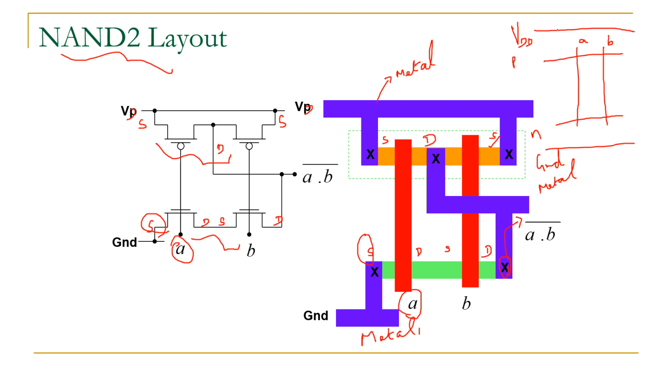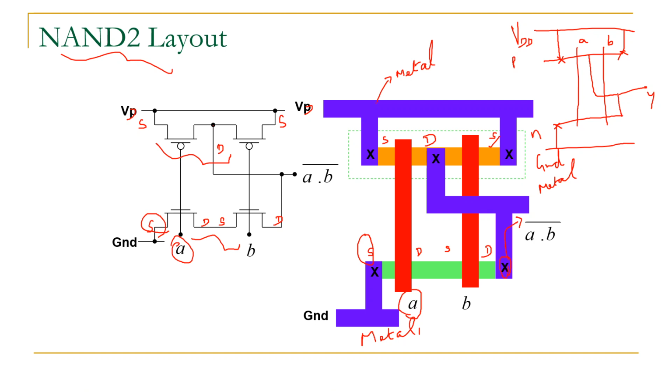Now see here, we need to connect the source of the first P MOSFET to VDD. So here you make a contact. Similarly on the other side we need to make a contact. So this side we make a contact. Once this is done, on the N MOSFET this side should be connected to ground. On this side we need to take our output. Let us say Y is your output, and in between your A and B we need to take your output. This is a simple representation. This can be represented in a stick diagram, which we will discuss later.